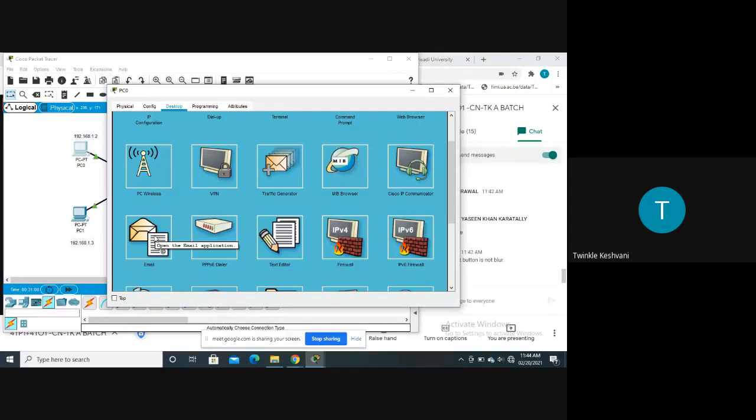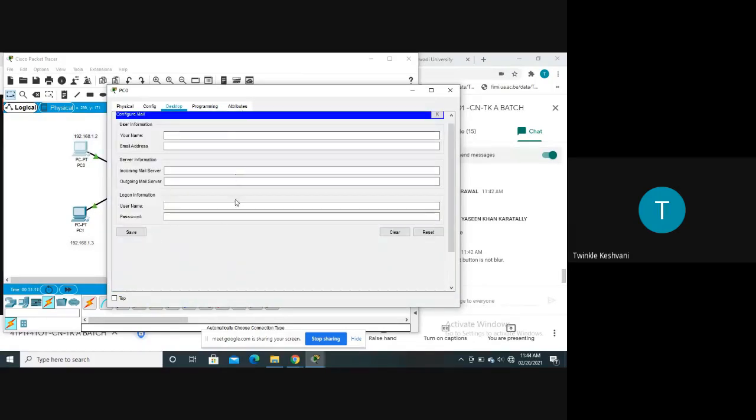You have to click on the email and give all the details of your name, whatever the username that you have set on the server side, that name you have to put here. So I have set ABC. Then the email address. We all know that it is something like your name at the rate domain name. So here the user is ABC at the rate of whatever domain name we have set at the server side. We have set Cisco, so abc@cisco.com.